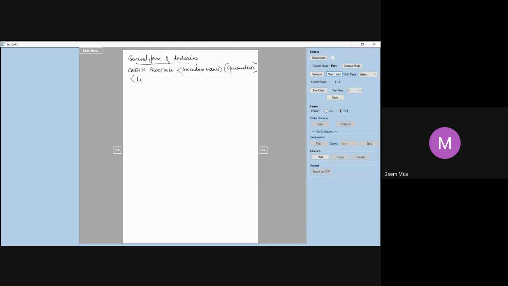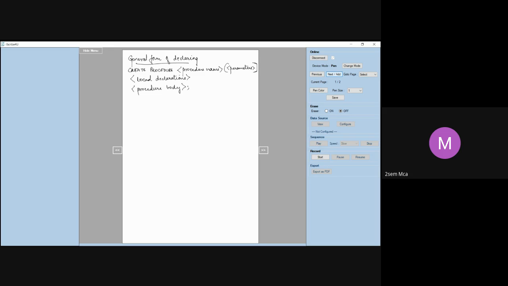Then I have local declarations, and then we have the procedure body. Okay, this is the general form of creating a stored procedure.